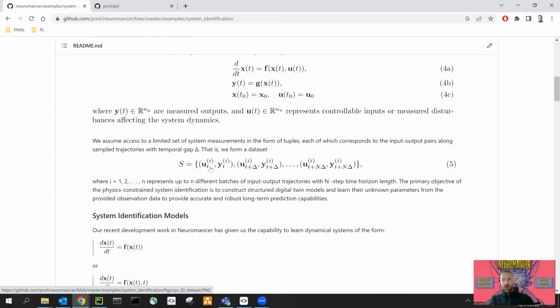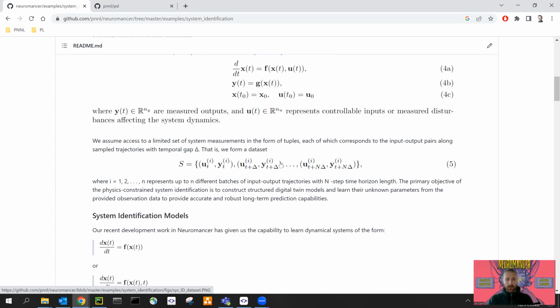And you have different rollouts or different batches of these trajectories, so they can represent rollouts with different initial conditions or different operating scenarios. And this is indexed by the scenario I that represents essentially your batch in the data set. And here, our primary objective of this physics-informed or physics-constrained system identification is to construct structured digital twin model that learns the unknown dynamics of the given system by provided only this limited time series data and some prior